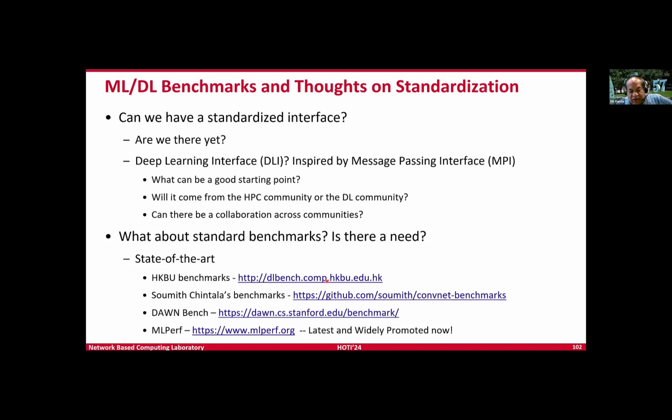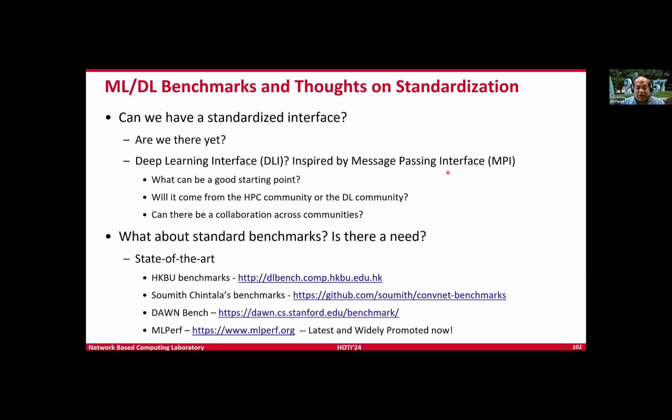Now, as this field is evolving, people have been debating whether there are standard benchmarks or standardization. We are not there yet. If you remember the Message Passing Interface, those of you familiar with HPC, prior to the mid 90s, every system had its own communication library, and they were not compatible. Then the MPI standard came, and that helped to isolate the applications. If you have written your parallel application using the API, then it can be portable. It need not be performance portable, but it is at least portable across systems.